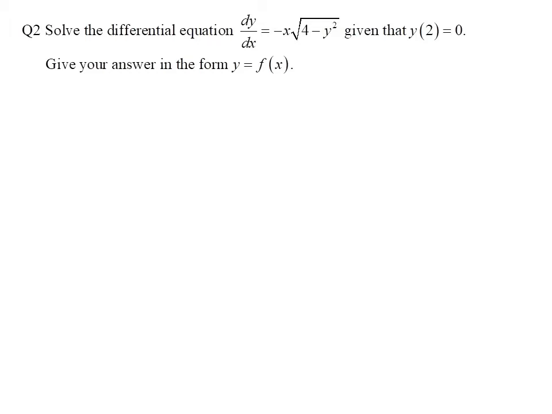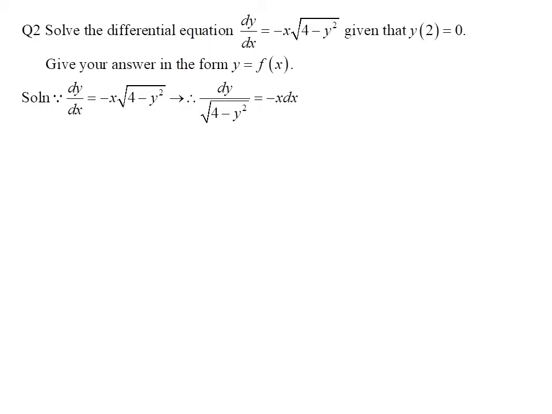Question 2 is to solve the differential equation dy/dx = -x times the square root of (4 - y squared), and then find its primitive function y = f(x), given that y(2) = 0. Since dy/dx = -x times the square root of (4 - y squared),